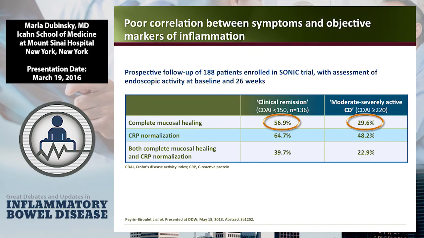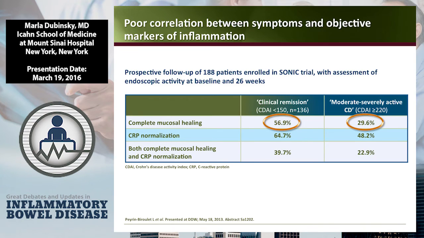Now, the SONIC trial really made it very clear. And this is what really made the FDA go down this line: one, to get into SONIC, which was the important combination immunomodulator trial, Imuran plus infliximab versus infliximab alone versus Imuran alone, you didn't need any endoscopic evidence to get in. All you needed was a Crohn's disease activity index, which, remember, someone with irritable bowel syndrome could meet a 220 CDAI criteria to enter, because abdominal pain, diarrhea, and well-being are the most weighted items in the Crohn's disease activity index.